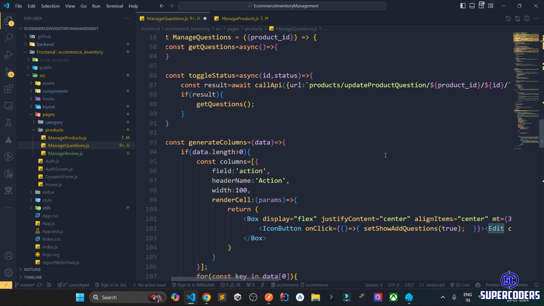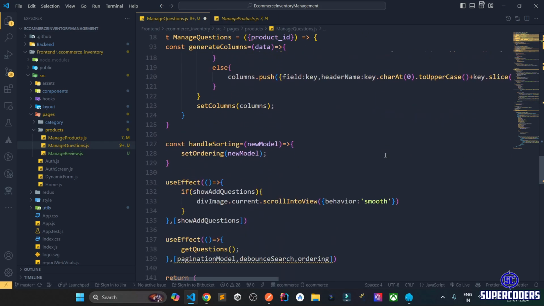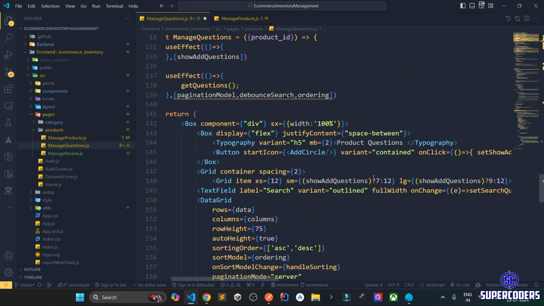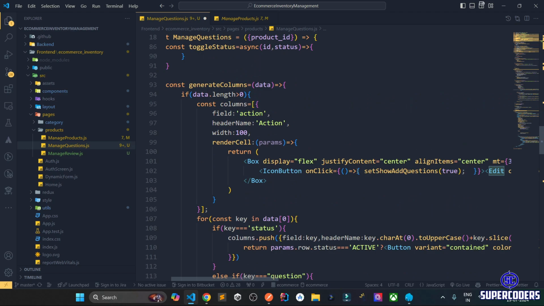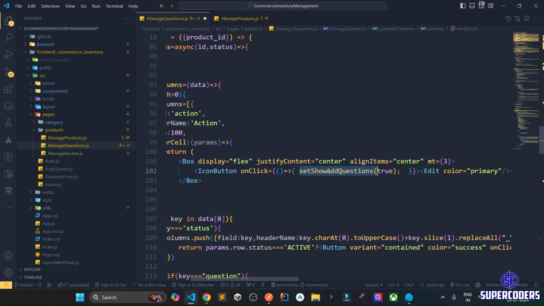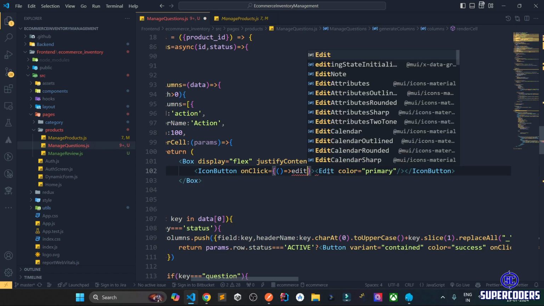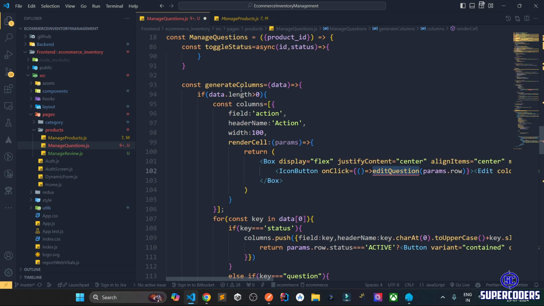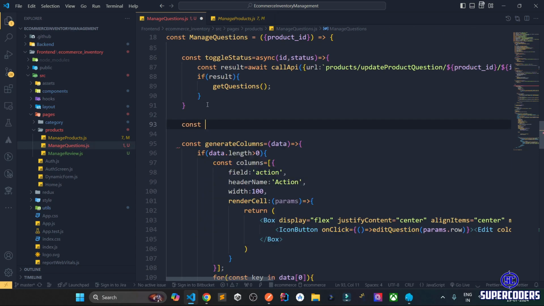on clicking the edit, let's do a simple approach. I just use my add one to use edit. I want to use my add form to work with edit. So what I can do, in the edit click, let's make a function. Edit question params dot row dot id, or pass dot row completely, pass it. Then creating a method const edit question,